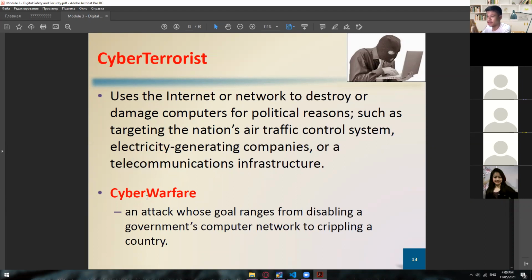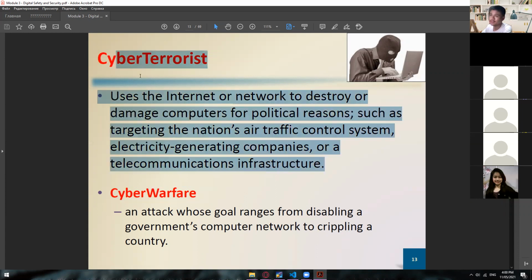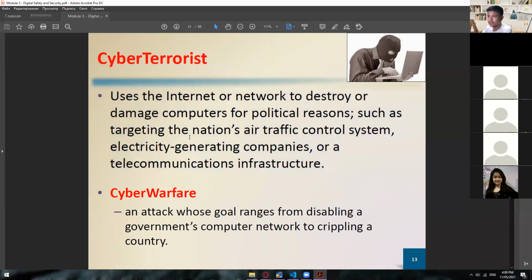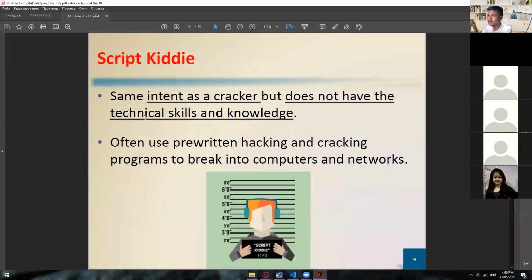So that is already considered cyber warfare. If it's just within a certain country, that is cyber terrorism. But if it's country versus country, then that is already cyber warfare. Okay, I hope you guys were able to understand those categories